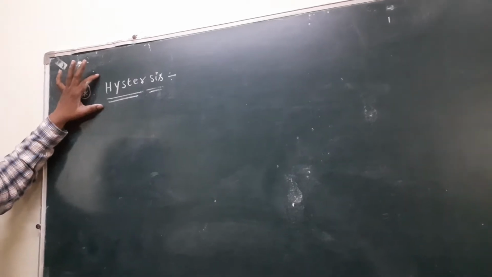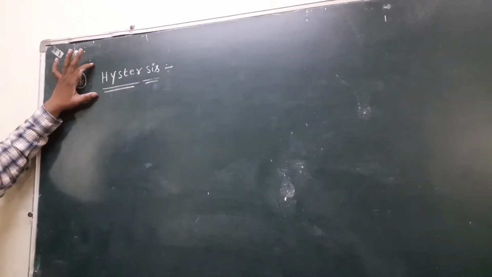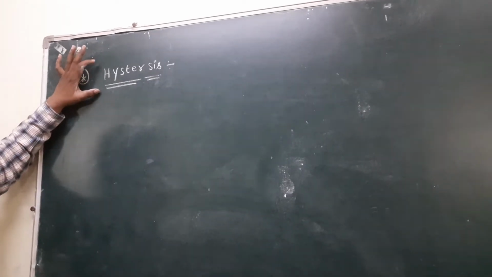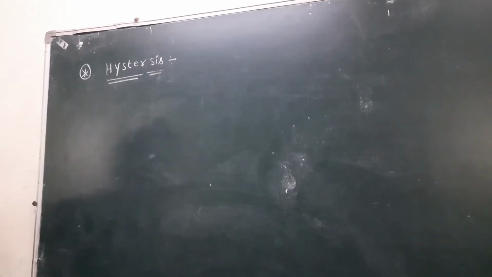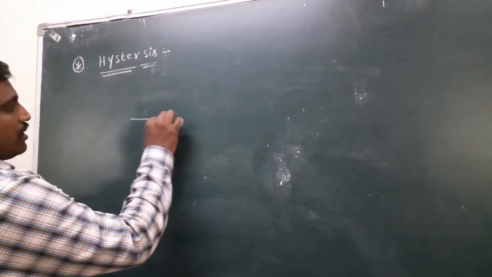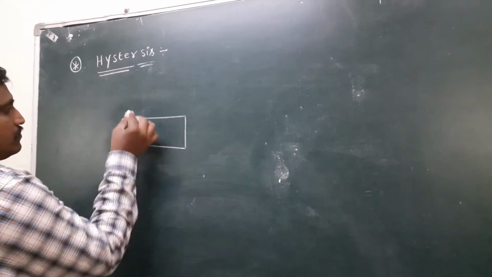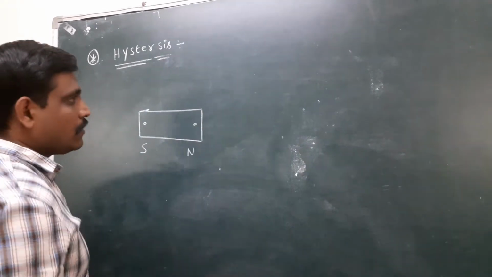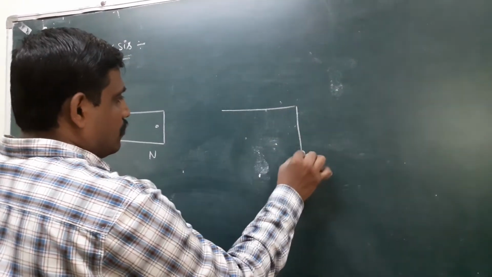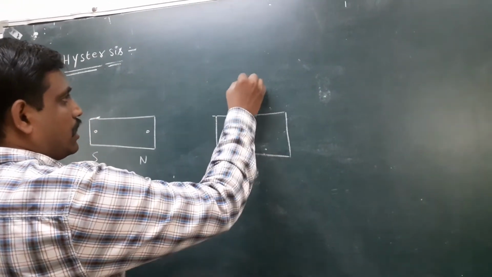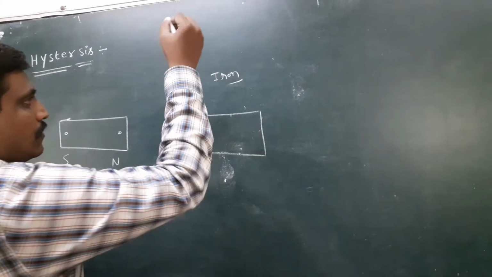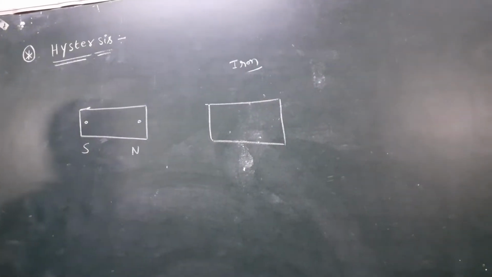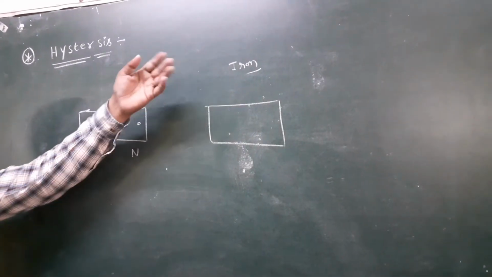I discuss hysteresis now. This is the next week's syllabus, nana, but learn this week a very easy topic, hysteresis. Actually, nana, this is the bar magnet. Look here, nana. South, north. This is the magnetic material, ferromagnetic material like iron, cobalt, nickel, steel, anything, nana. Okay, that is the magnetic material.